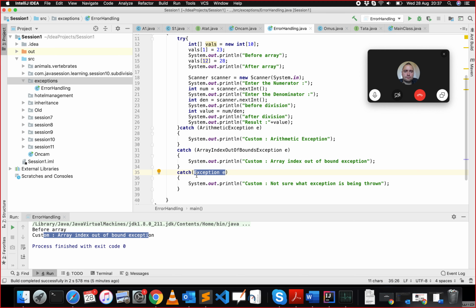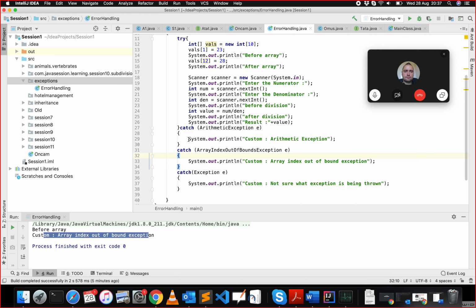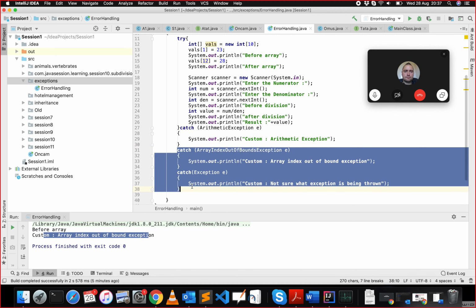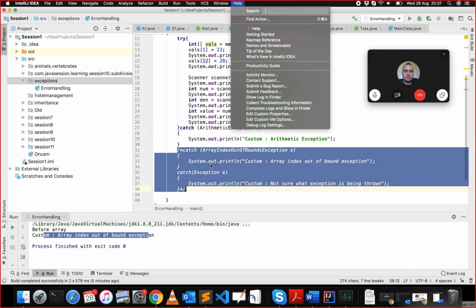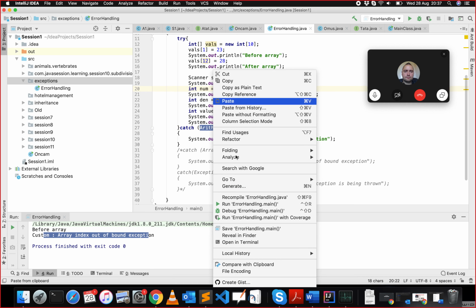Now I'm going to demonstrate how this catch exception is useful. You can just comment out these two. Earlier, when I had just the arithmetic operation, it couldn't catch the array index out of bound exception. Just comment out this one. When this one throws an array index out of bound exception, it can't be caught by the arithmetic exception. It will go outside of this one, and then Java will handle it. If I run this one,